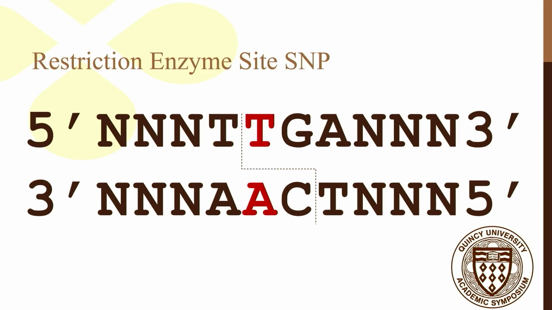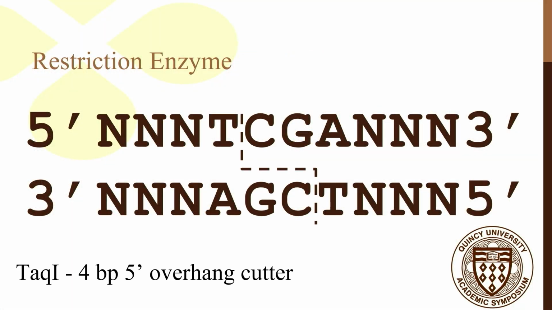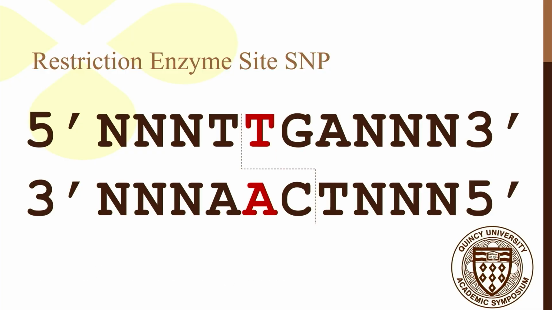Now, in the case of a restriction enzyme site with the SNP, an SNP is one change in a nucleotide in the sequence. And so we're going to be going between the last 2 slides. As I go between the last 2 slides, you can see that there is a change in the sequence. And since the SNP changes one of the nucleotides, the restriction enzyme site no longer exists. We are unable to cut this region from that single nucleotide polymorphism.